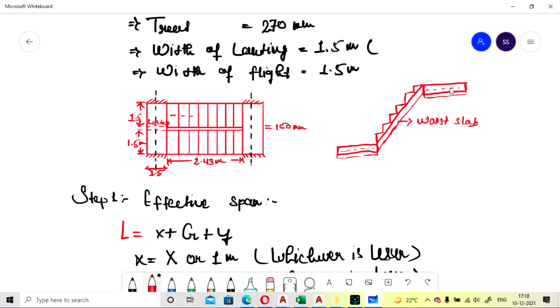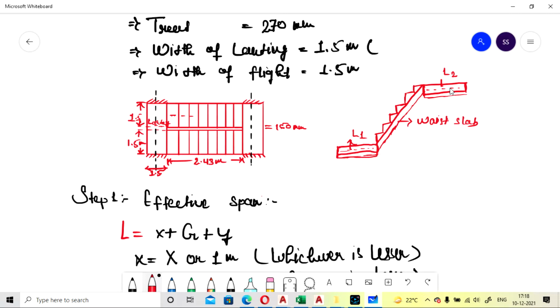This will be your landing 1 and this will be your landing 2, and these are the steps, and this is the base slab. And there is a beam or wall. So the support may be of any type, either beam or wall. It is provided in this direction.